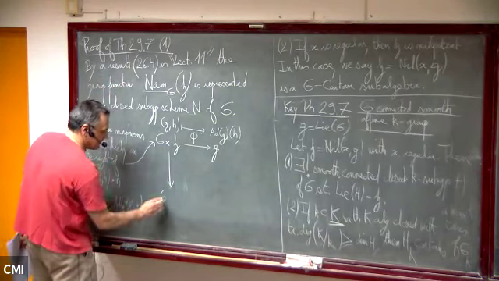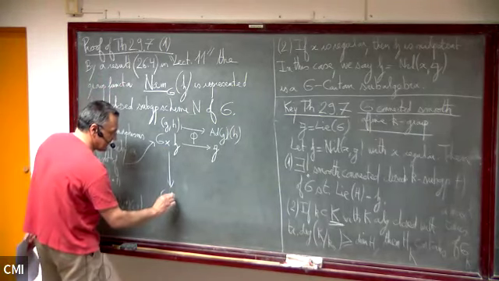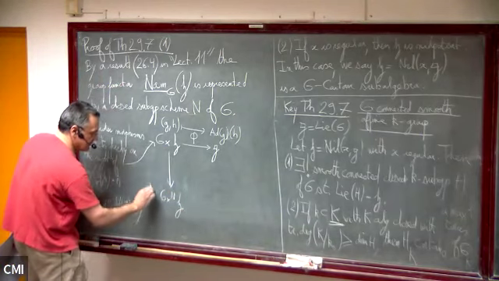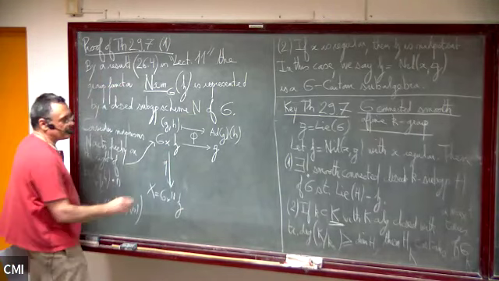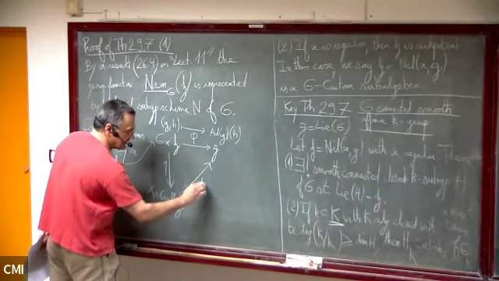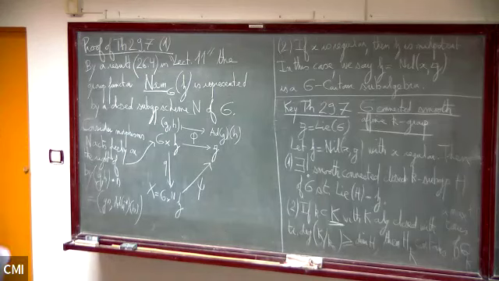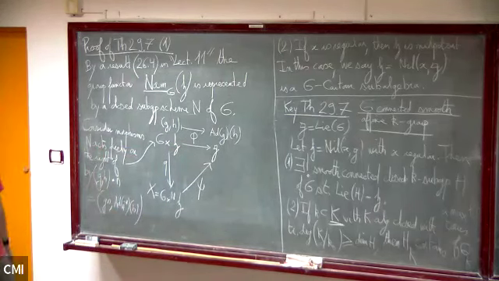We make the quotient by this free action, and we denote by Q the quotient map, and as I said, phi factors through a map psi that goes from X to